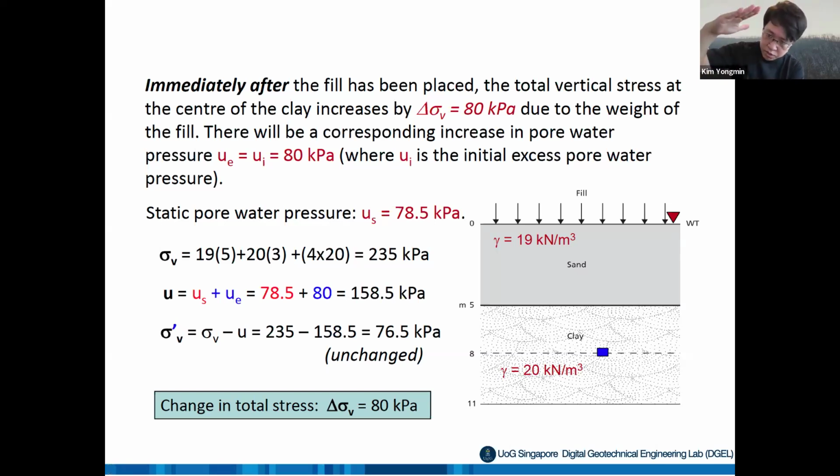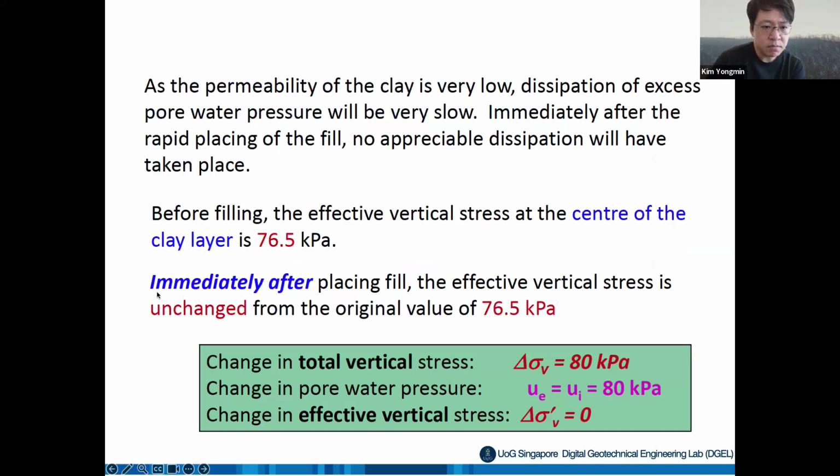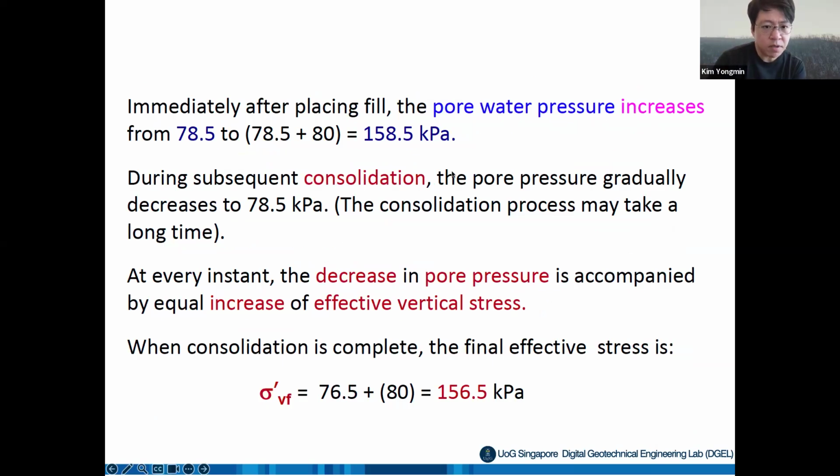And then these pore pressures gradually decrease, and this total stress becomes effective stress. So after some time passes,